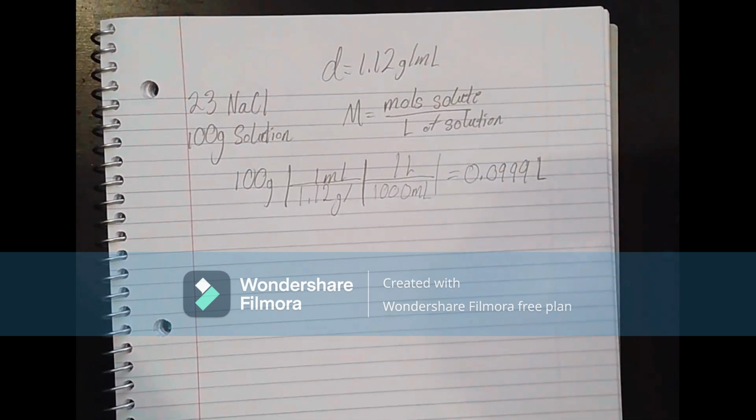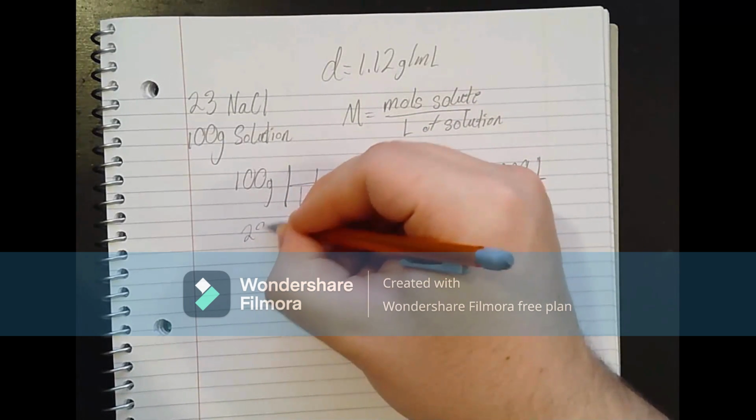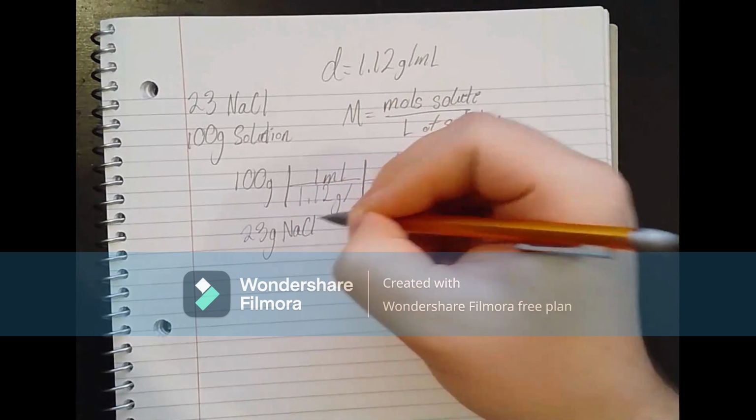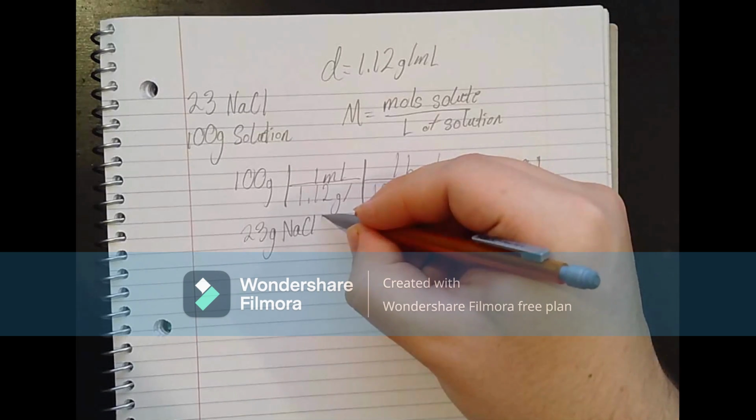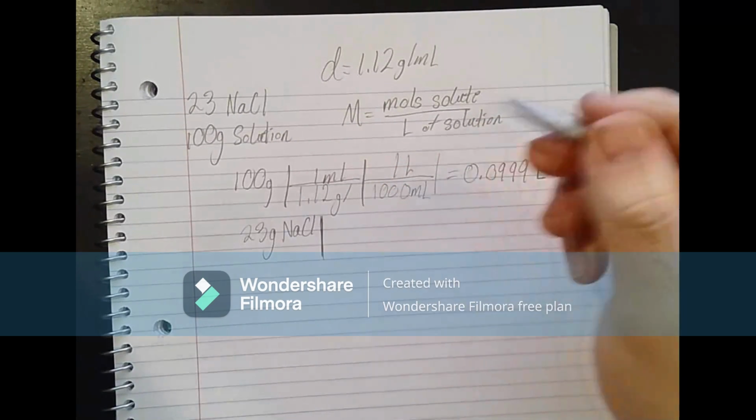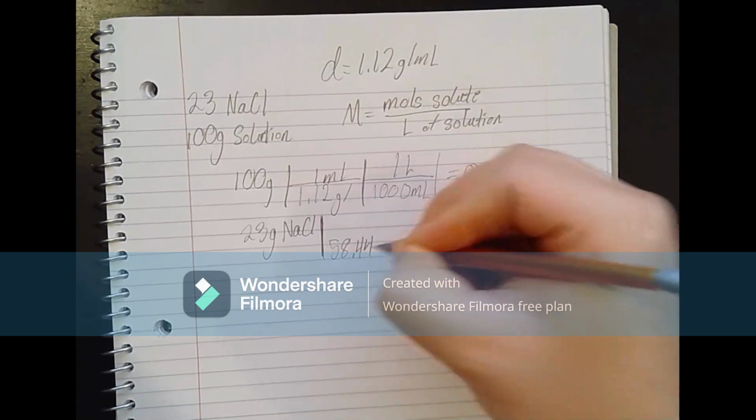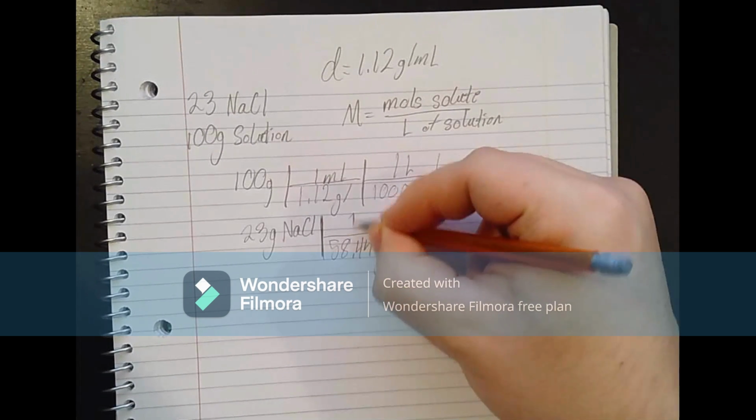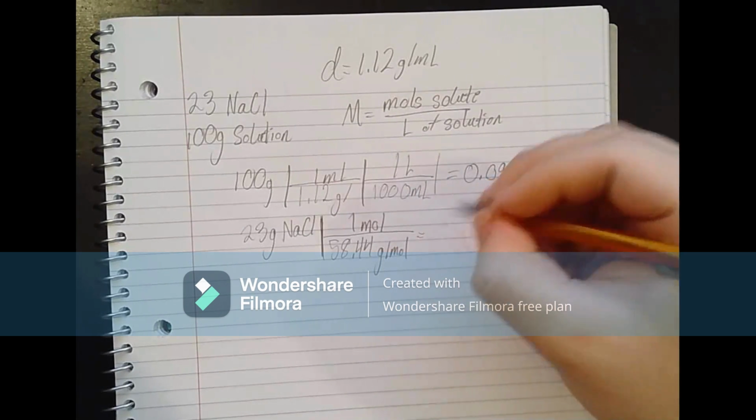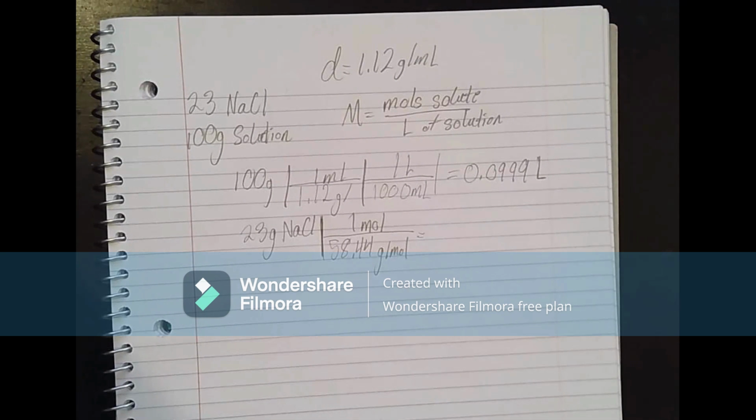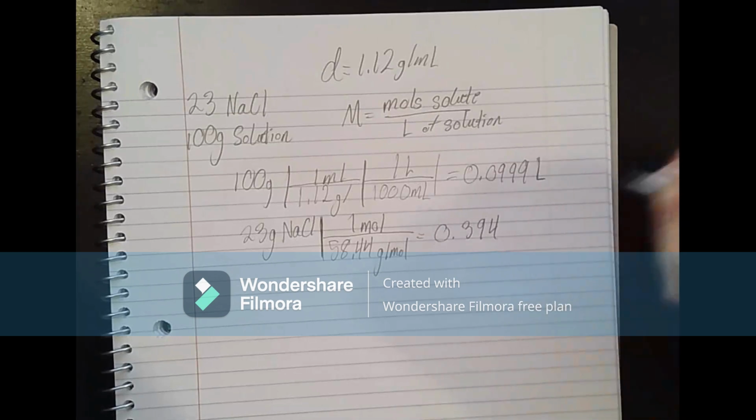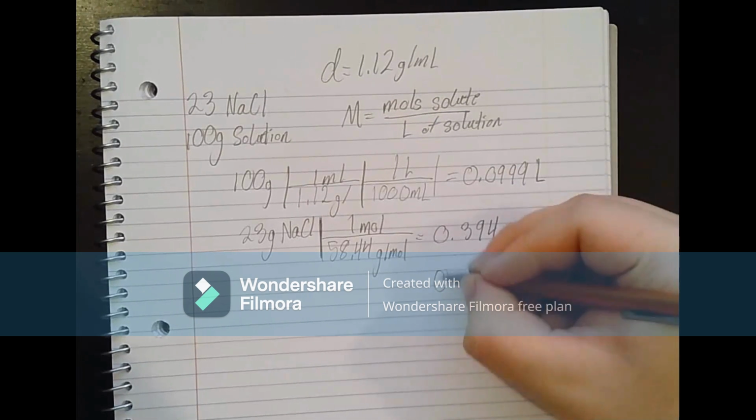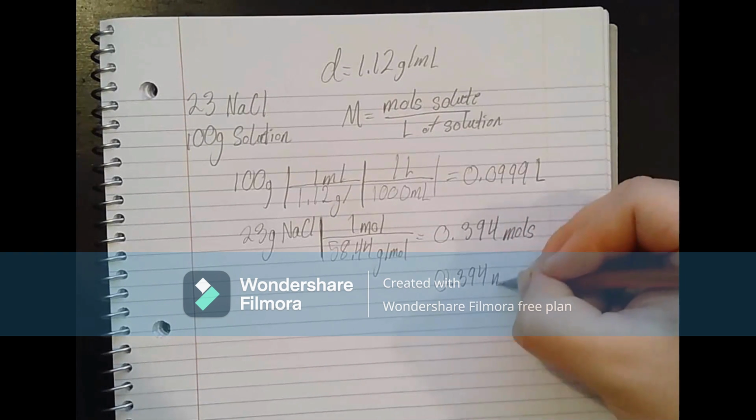Yes. Sorry, I had to double check my work. And then we can take our 23 grams of sodium chloride and find the molar mass again, of course, meaning adding sodium and chlorine. Here, I have it written down for easy access. It's just 58.44 grams per mole. So then with that equaling 1 mole, that would give you 0.394 moles. And now, since we have our moles of solute, which is 0.394 moles of sodium chloride,